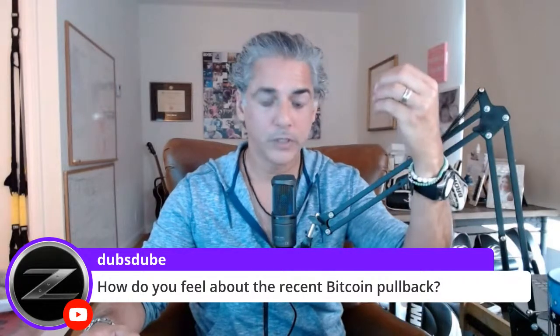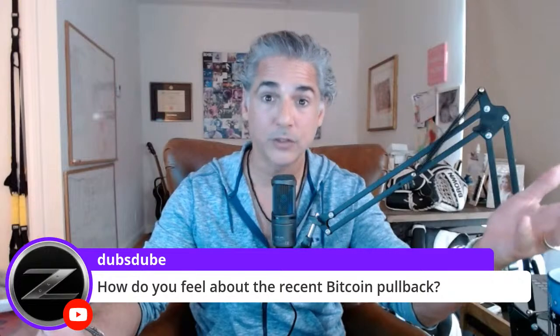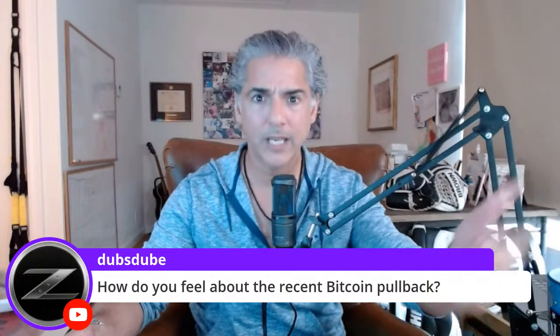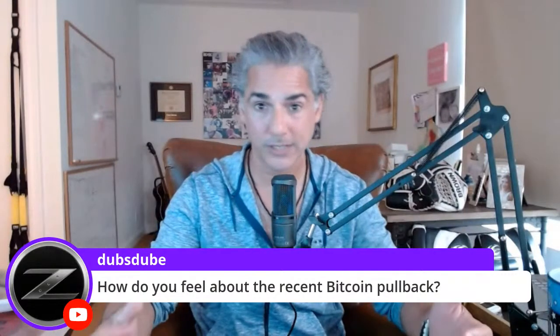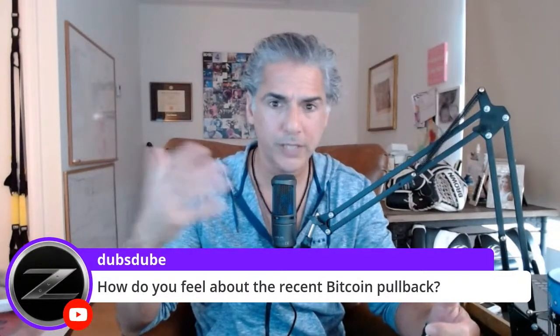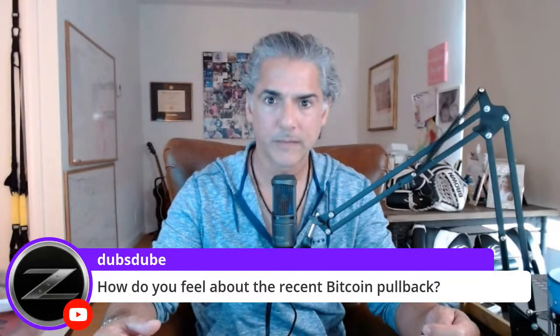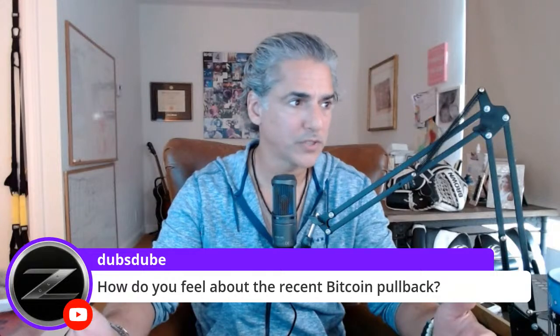NVIDIA, AMD. These are the semiconductors, the chips you need to do all the mining. Coinbase, Silvergate. These are the financial institutions that are allowing you to make these transactions. Those are the names at the top. I'm probably not going to buy shares of MicroStrategy. I wouldn't say I wouldn't trade them, but